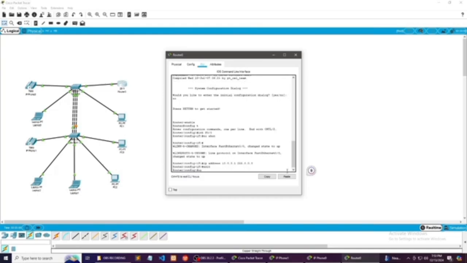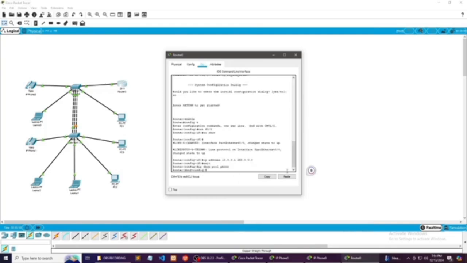After the enter, type ip dhcp pool phone, and then after that, enter network 10.0.0.1. That's the network that we are going to use.